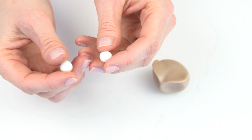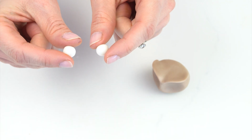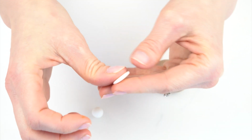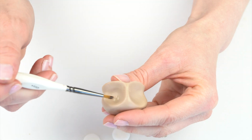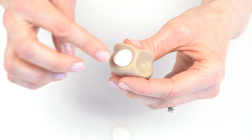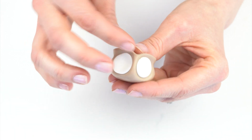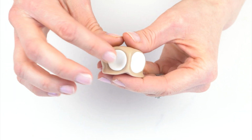For his eyes, I've got 2 balls of white, and these measure 0.8 grams each, or they're around 9 millimeters across. Now I'm going to start just by squishing these down slightly so I get 2 round discs. I'm going to pop on just a small amount of edible glue to help these stick. Push those into place. Just smoothing those down with my fingers, just making them slightly bigger, just so they look like they're quite flush against the rest